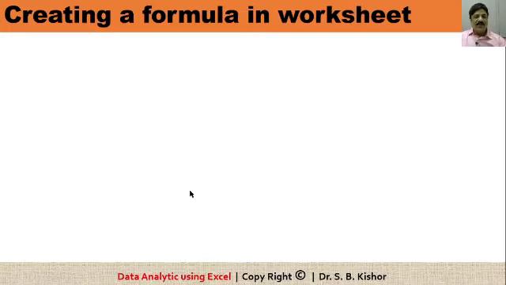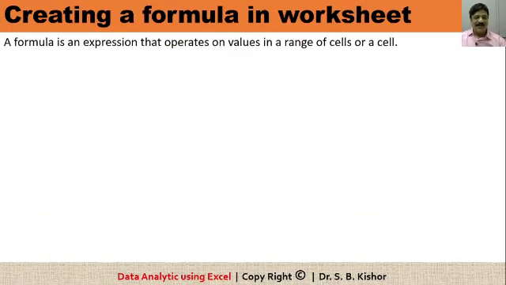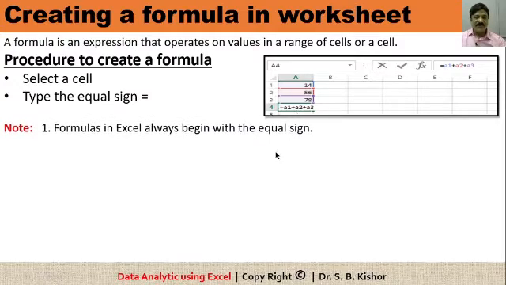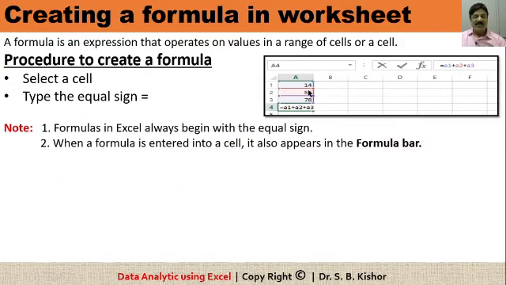Now, how to create a formula? Formula is one of the most important parts of your worksheet. It's very simple. Select the cell where you would like to create the formula, then press the equal sign. In order to perform the addition of these three, A1 cell plus A2 plus A3. That is the simple way to perform the addition of this range. Now assume if this range is too long.